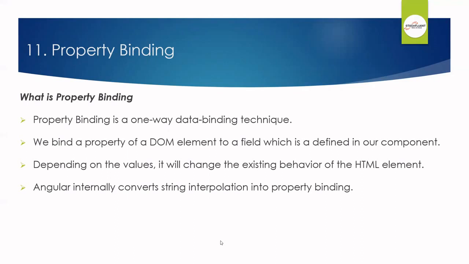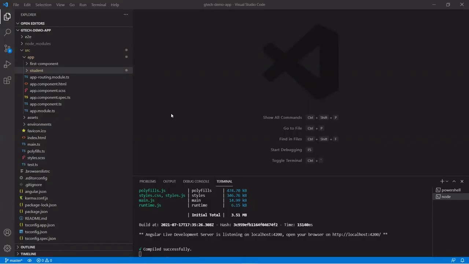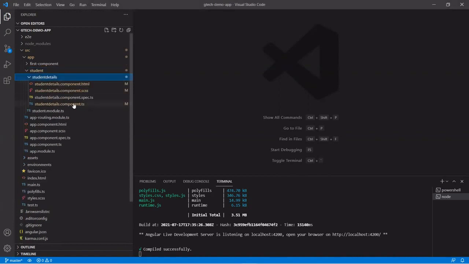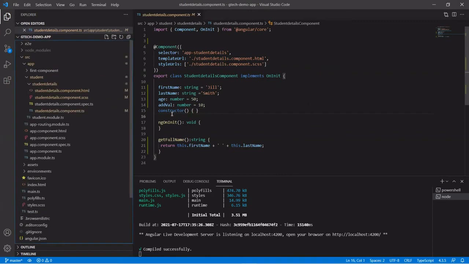We will discuss how string interpolation works the same as property binding, and why we require property binding separately if we can achieve the same thing with string interpolation. So we are in our project which we have created for this video tutorial series. In order to understand how to use property binding in the Angular application, let's open the student details component,